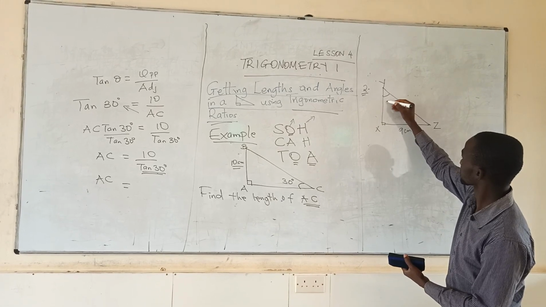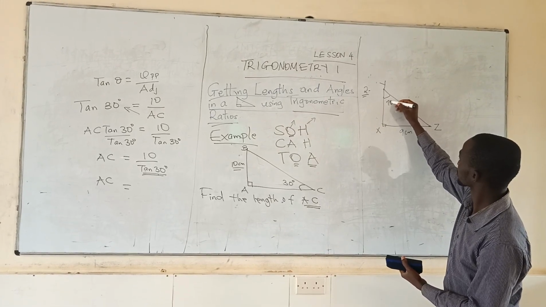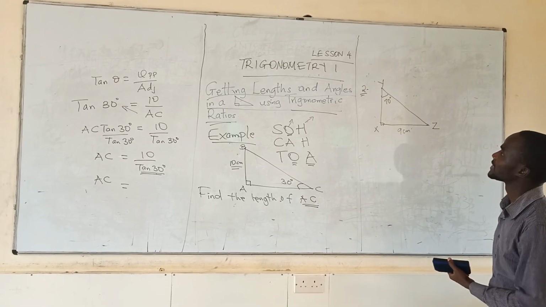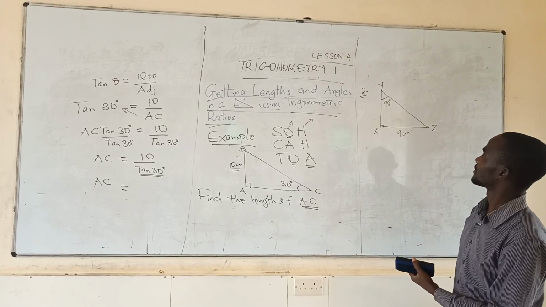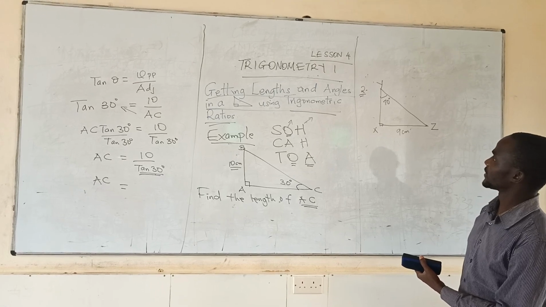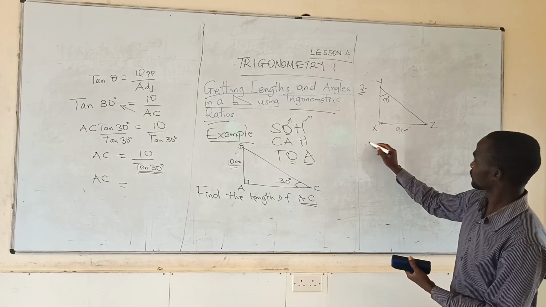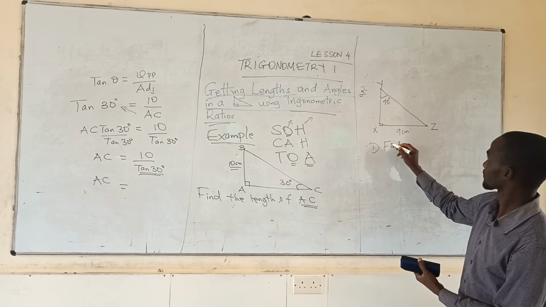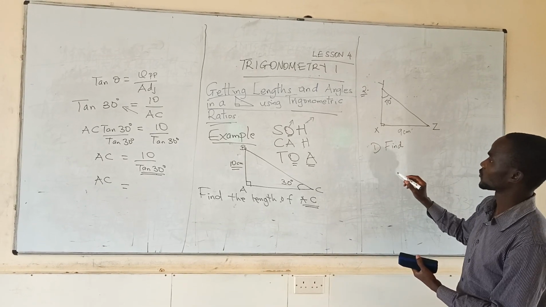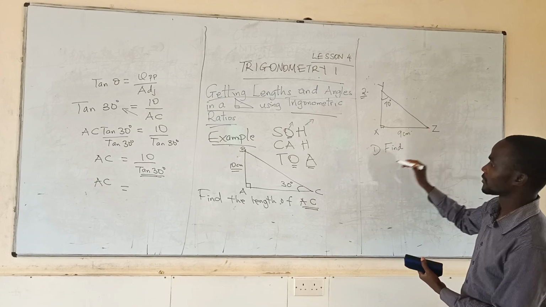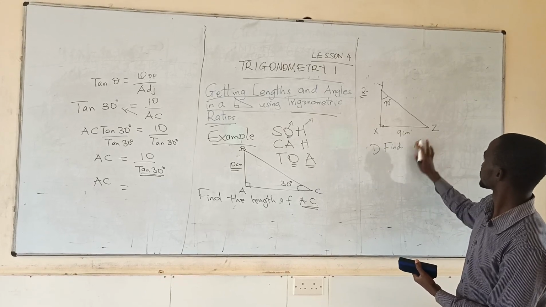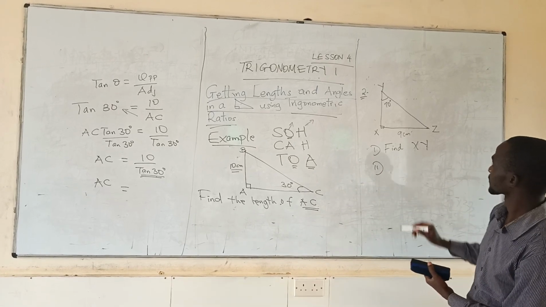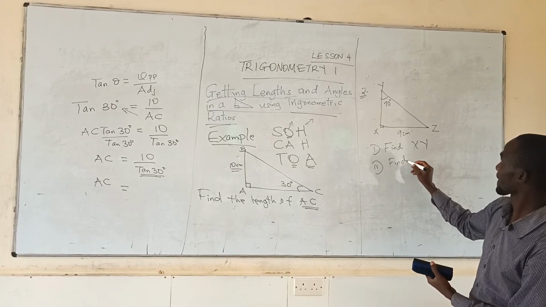Then you have 70 degrees there. Then part 1, find XY, and then part 2, find